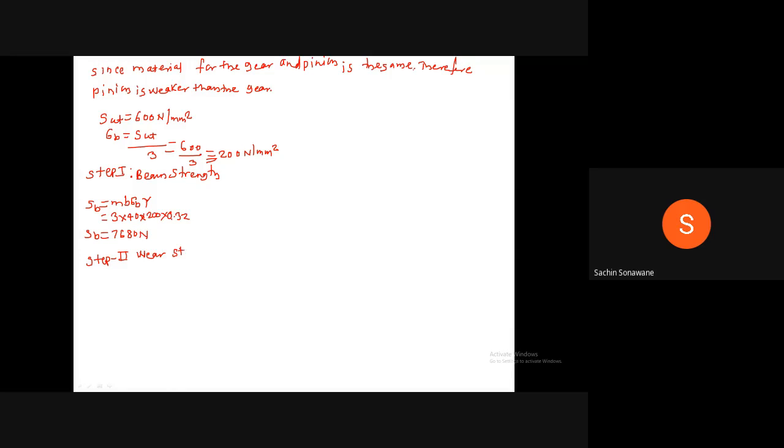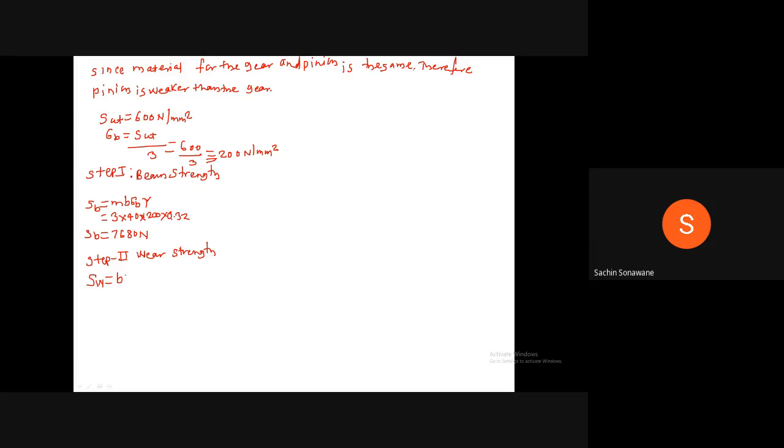Wear strength. Now, what is the formula of wear strength? First of all, we will write down the formula, and the values which we do not know, we will calculate. What is the formula of wear strength? SW is equal to